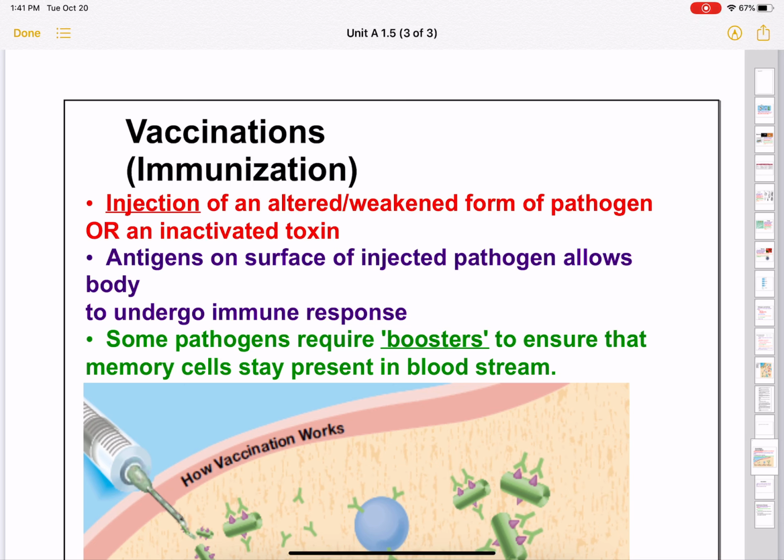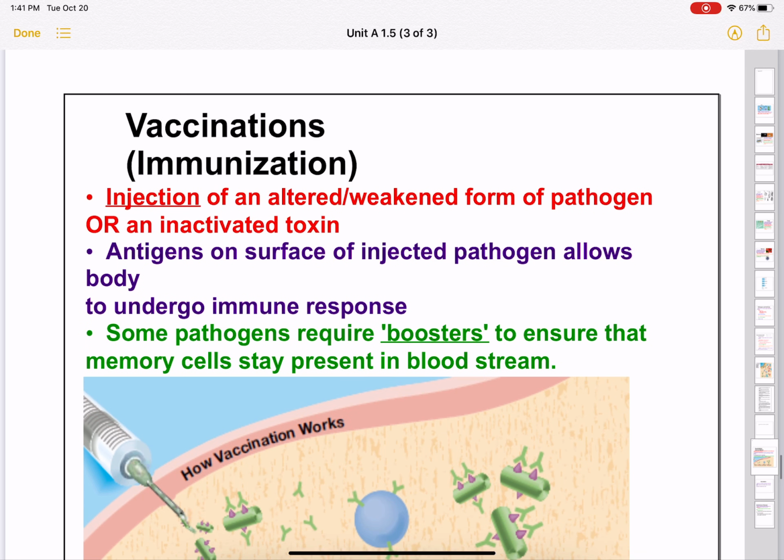So our vaccines might be working for us a lot of the time, and we just don't know it because this is all happening in our body. It's not making us feel really sick because we've got these antibodies already present in our body